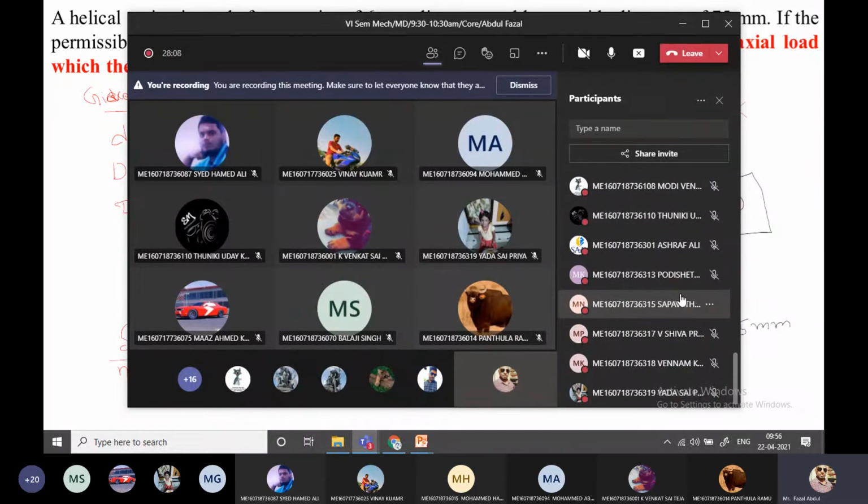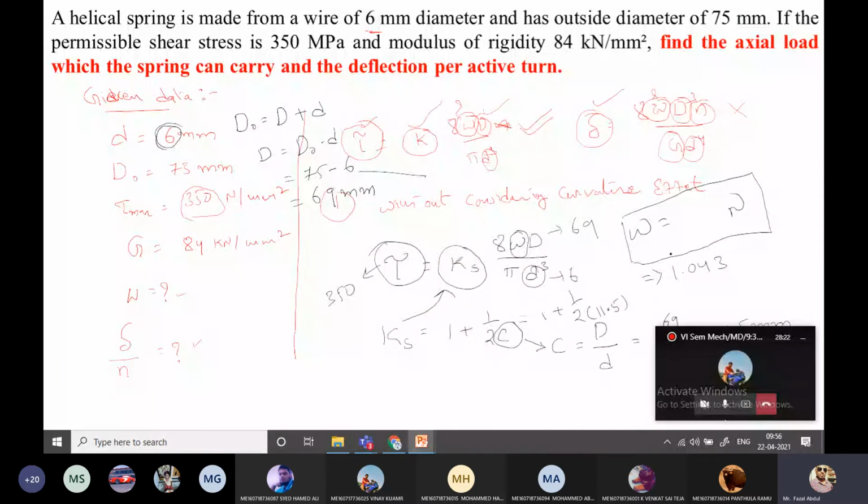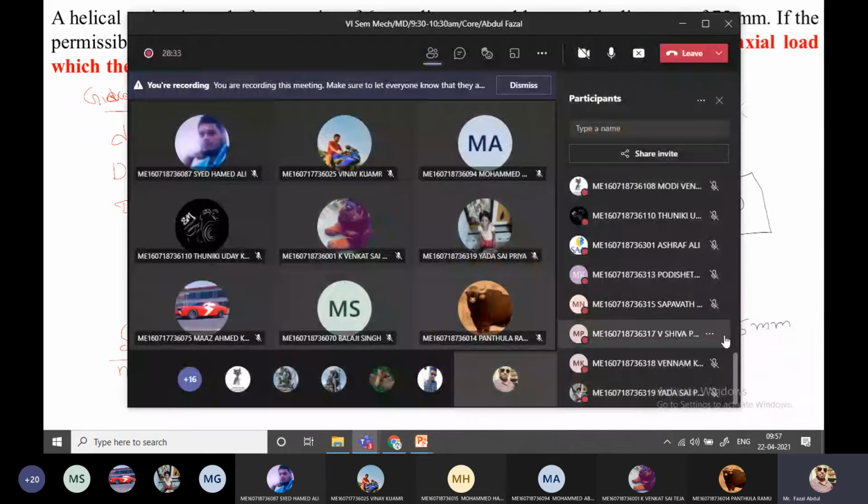Sayed Ilyas, B section. I don't know his roll number. Is he there? 413.7. Wait. 413.7. Very good. So is it right, Babu? I'm asking the other people. Whatever answer he has given, is it right or wrong?